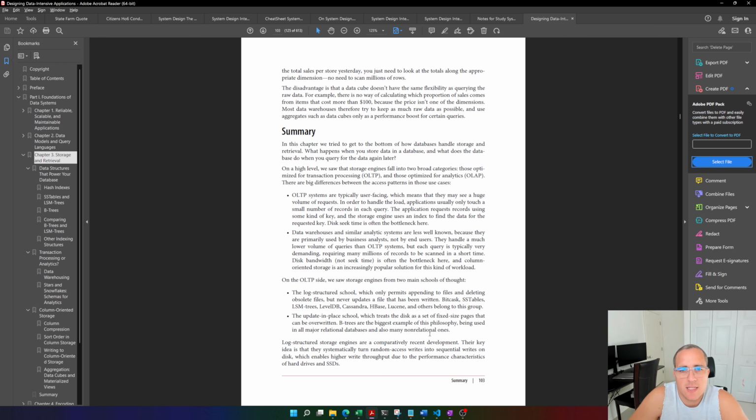Summary. In this chapter, we tried to get to the bottom of how databases handle storage and retrieval. What happens when you store data in a database, and what does the database do when you query for the data again later? On a high level, we saw that storage engines fall into two broad categories: those optimized for transaction processing and those optimized for analytics. There are big differences between the access patterns in those use cases. OLTP